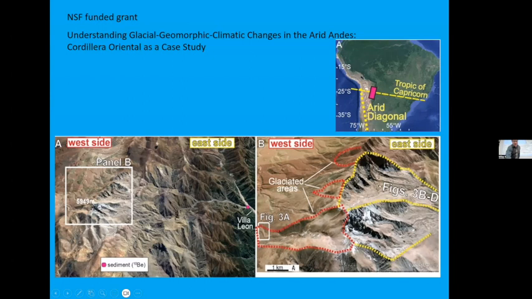But we put this in the proposal saying we want to study the east side versus west side. Clearly, just looking at this simple Google Earth image, we could do that in 30 seconds. You could see the impact glaciers have had on this side, but not on this side. So we're using a bunch of techniques to try to figure out, over the last few million years, or even the last few 100,000 years, how much do glaciers actually erode the east side versus west side.